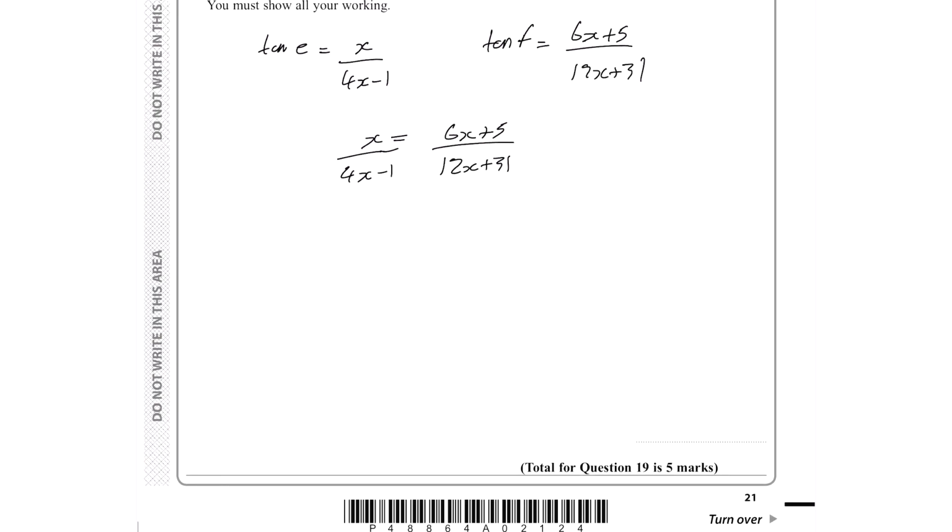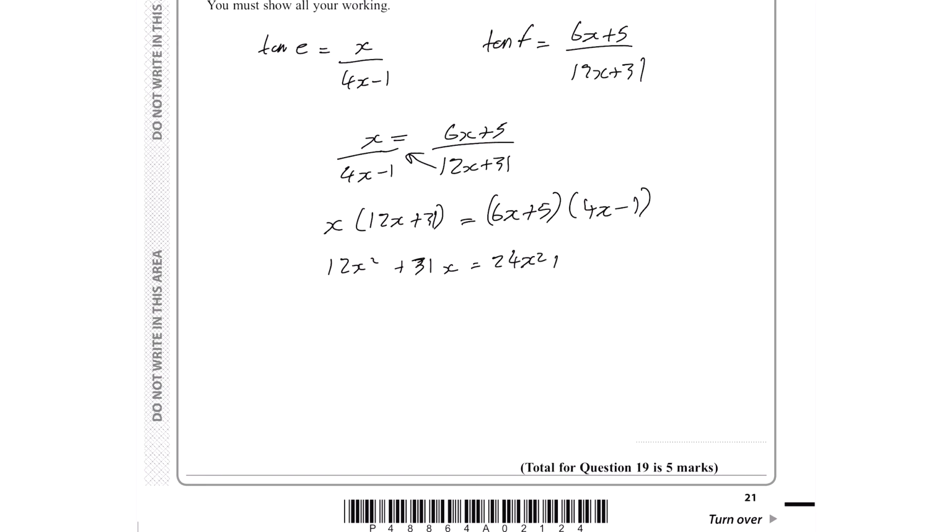And now, whenever you have fractions, you want to get rid of the denominators. So if you move over the 12x plus 31 to the left and the 4x minus 1 to the right by multiplying each side by 4x minus 1, and then multiplying the other side by 12x plus 31, that will give us x bracket 12x plus 31. So we've moved that away by multiplying each side by the denominator, and we'll do the same with the other one. So that's 6x plus 5 bracket 4x minus 1, and if we expand this out, this is 12x squared plus 31x is equal to 24x squared